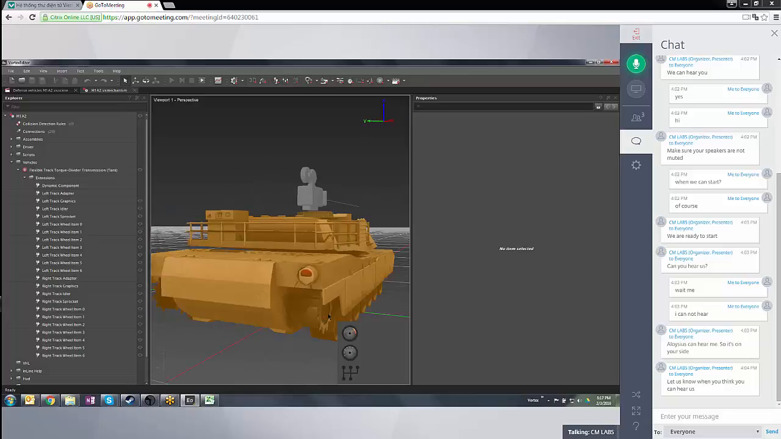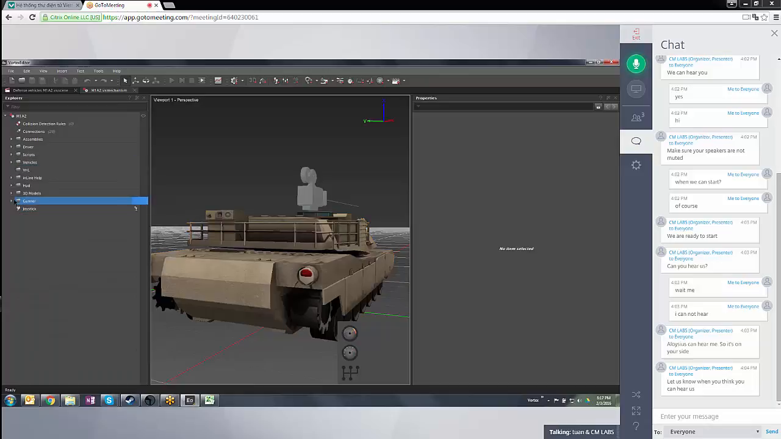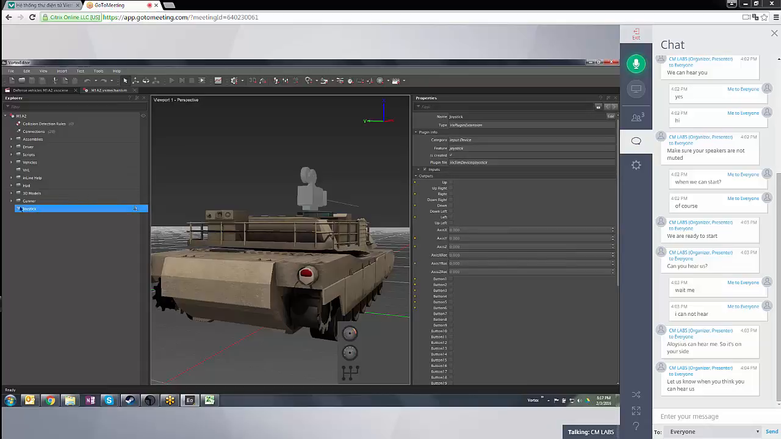Now, other tools we have inside of Vortex, as I mentioned, I'm using here a gamepad to be able to control the tank. And so this data is coming in through our USB joystick interface. So this is something that we provide that can read in data from a USB control and make it available inside of the Vortex